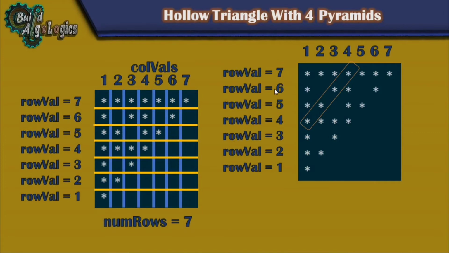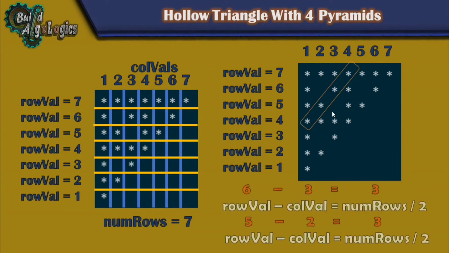Here also we'll use our previous code and add some more conditions to print this extra part. As you can see here, when we subtract our col val from the row val, we get value 3 for each row. For example, here for printing this star, value of row val is 6 and value of col val is nothing but the 3. Now when we subtract this value from row val, we get our output as 3. Similarly for printing this star, row val is 5 and col val is 2. Now again subtracting col val from the row val, we get 3 only as a result.